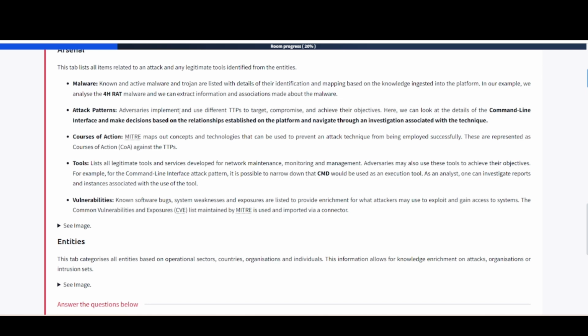attack patterns, adversaries implement and use different TTPs to target, compromise, and achieve their objectives. Here we can look at the details of the command line interface and make decisions based on the relationships established on the platform and navigate through an investigation associated with the technique. Courses of action. MITRE maps out concepts and technologies that can be used to prevent an attack technique from being employed successfully. These are represented as courses of action, or COA for short, against the TTP's